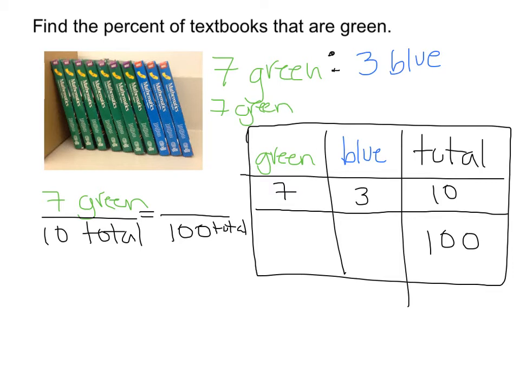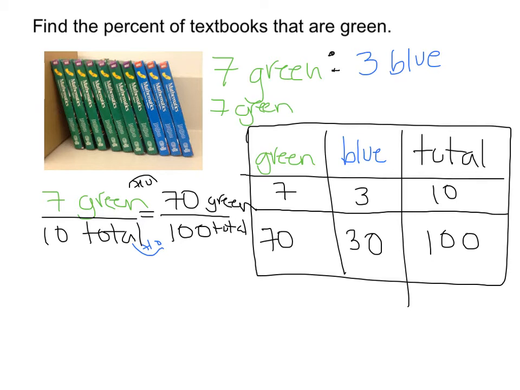Now, this ratio that I have, the 7 green to 10 total, is fairly easy to get into 100 total possible. Because to get from one step to the next step, you just need to multiply by 10, right? 10 times 10 gets me to my 100 total. I know if I'm multiplying one number in my ratio by 10, I also need to be multiplying the other number in my ratio by 10 also. So that would be 70 green for 100 total books. Now, I like the ratio table because that also allows me to see that I would need 30 blue books for my